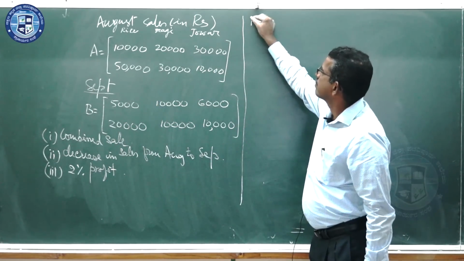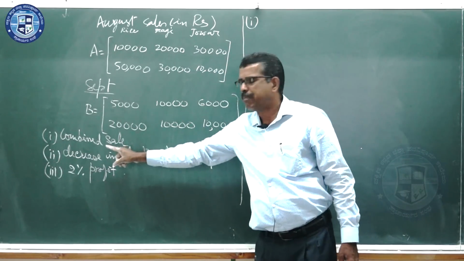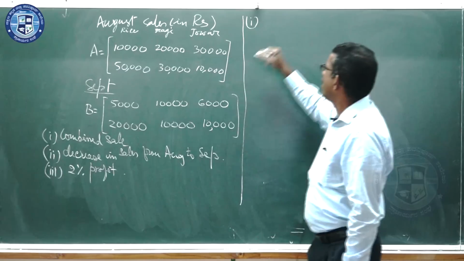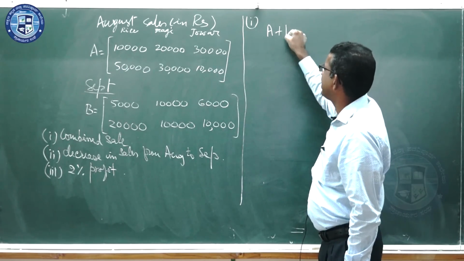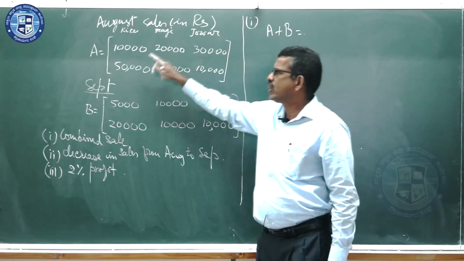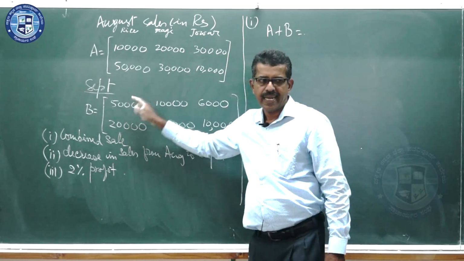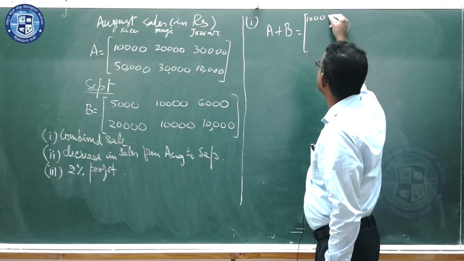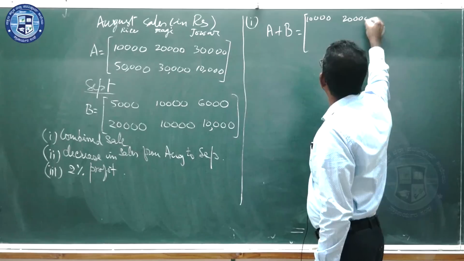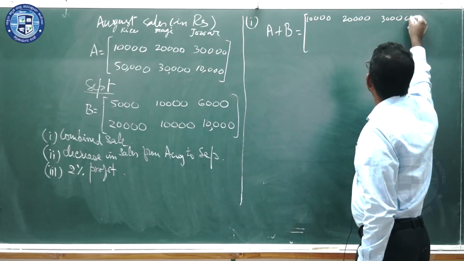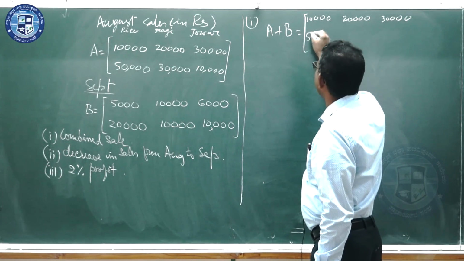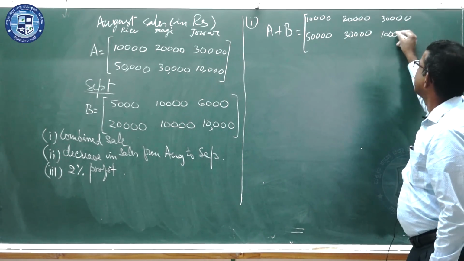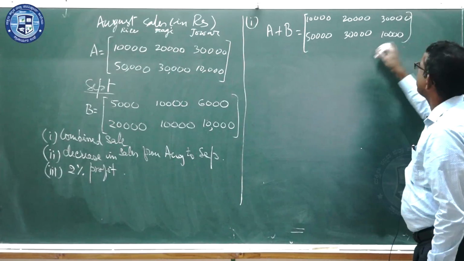First one, we have to find the combined sales of both the farmers in both the months, August and September. So we need to add, I don't write it in a sentence, you need to understand. In order to get the combined sales, we need to add A plus B. What is A here? It is 10,000, 20,000, 30,000. Second row, 50,000, 30,000, 10,000, to be added with